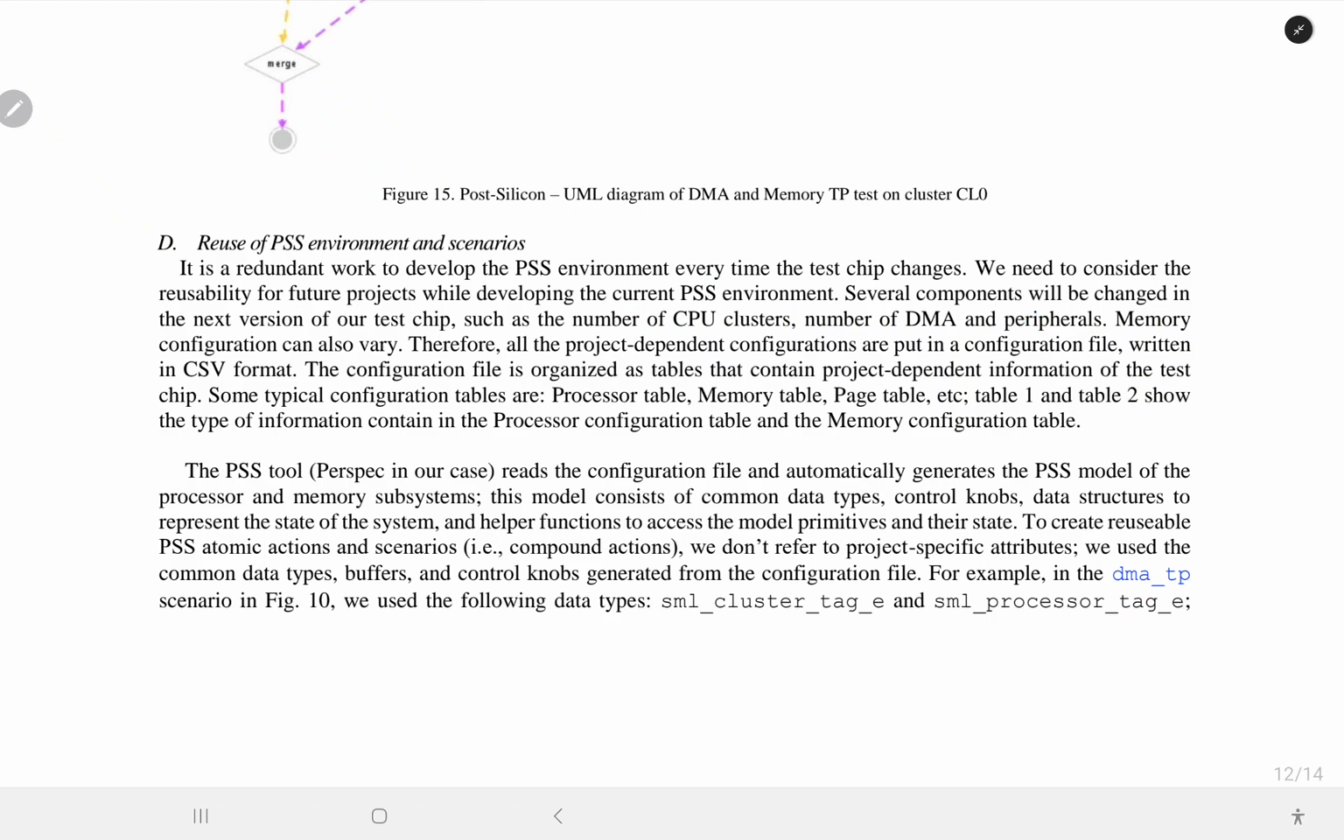Several components will change in the next version of our test chip, such as the number of CPU clusters or the number of DMAs and peripherals. Memory configuration can also vary. Therefore, all project-dependent configuration is put in a configuration file written in CSV file format, and this configuration file is organized as tables,